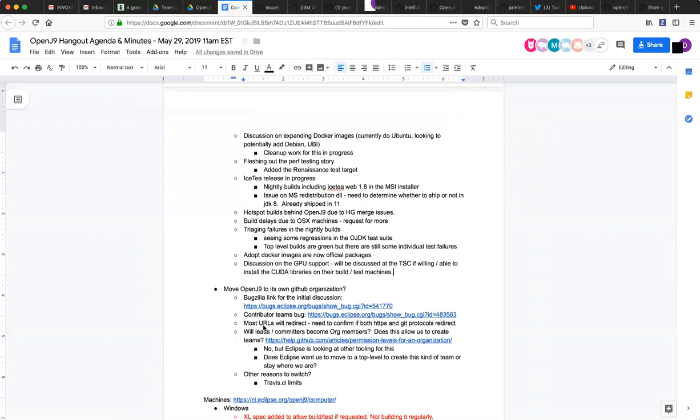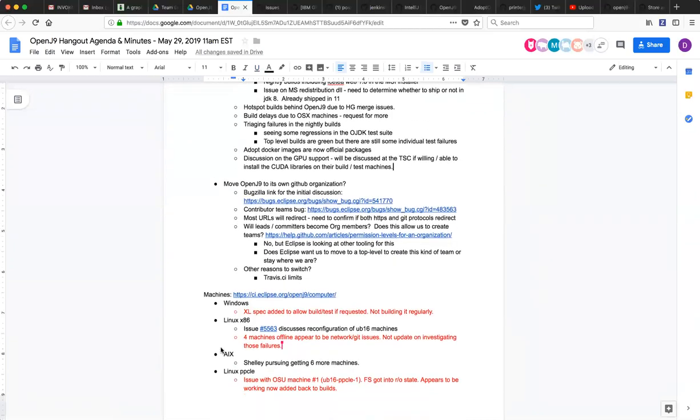In terms of the contributor teams bug, I've seen some commits. I've seen the examples of what it should look like on the web UI, but it hasn't been enabled yet. So I'll continue to track that to be able to add contributors to our teams. GitHub may have made that easier with their recent announcements on some of their new feature rollouts, which includes the idea of triage members, people who are allowed to modify issues but don't have write access to the repo. So that may make this even easier than what they've been doing so far.